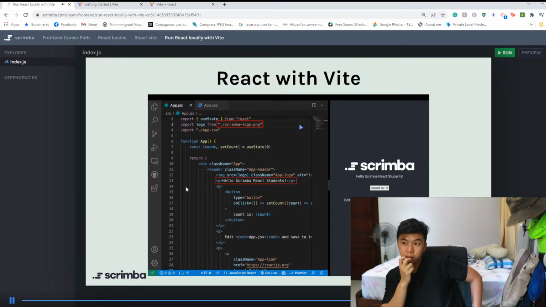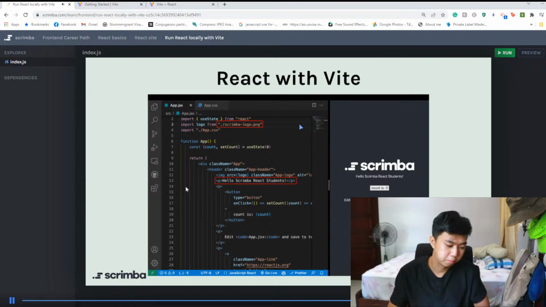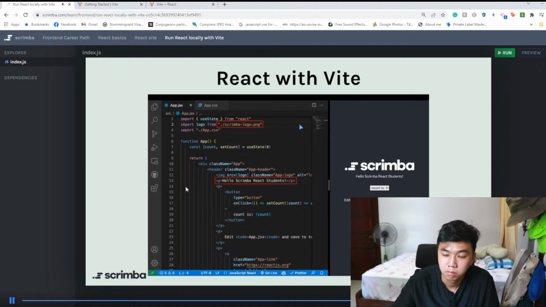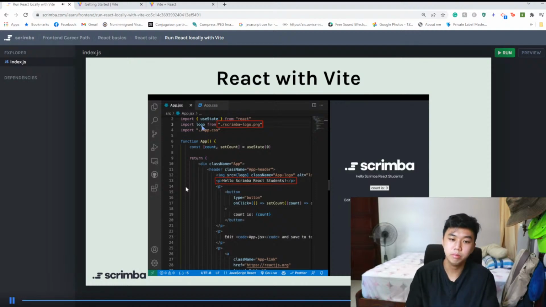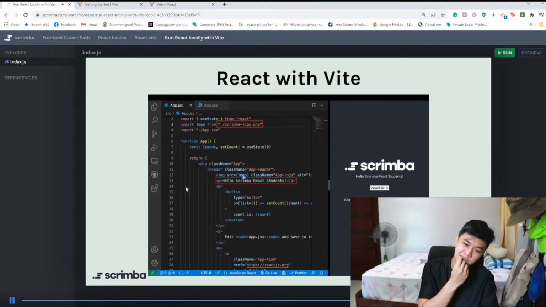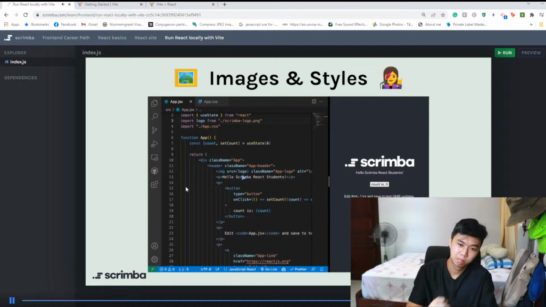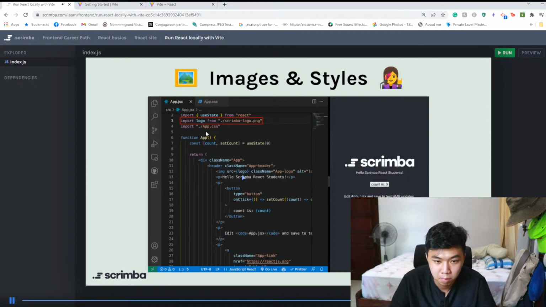If that doesn't make sense, honestly, that's perfectly okay. It's just important to know that if you're following along in your local environment with what we're doing in Scrimba, anytime you see me use a relative path alone, maybe directly in my source, you're going to have to take one extra step and import the image from that relative path. The name here, logo, this is not important. You could call it blah, blah, blah if you wanted, as long as you then set your image source to blah, blah, blah. It's just a variable name. So once again, the first thing you would do is to import whatever your image is and give it a name